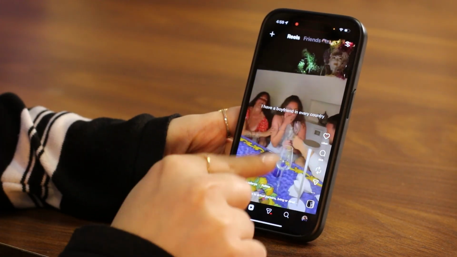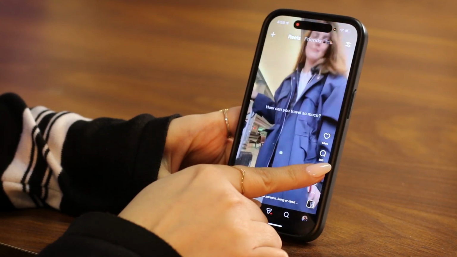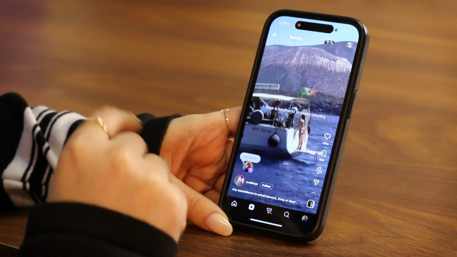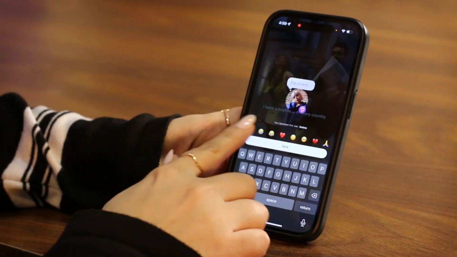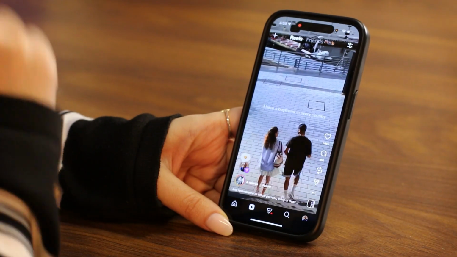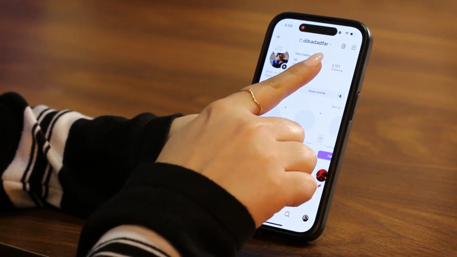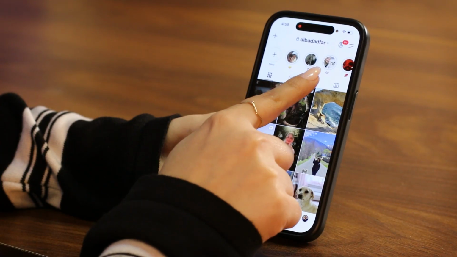This little icon on top of the airplane icon, if you tap on that, that is a repost option. So if you do that, it will repost that reel. You can even add a comment or something, maybe like this, and tap save. Now this way, if I go over to my profile page, as you can see, if I tap on this